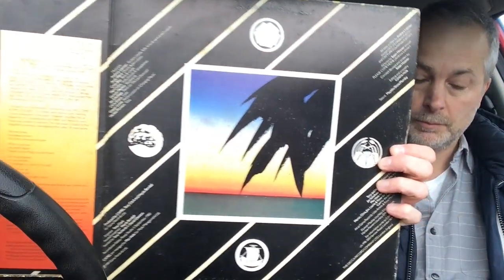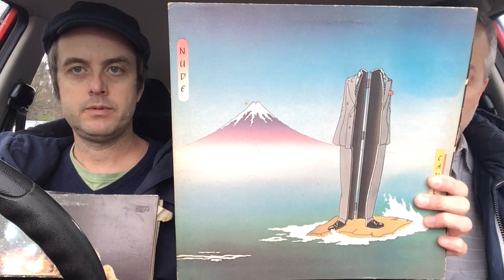I do have a couple of their records already, but this is not one that I had in the collection, so I thought I would get this. I suppose you'd describe this as kind of English progressive rock, prog rock, art rock, so looking forward to checking that one out. Okay. Okay, so Steve Earle, Copperhead Road,